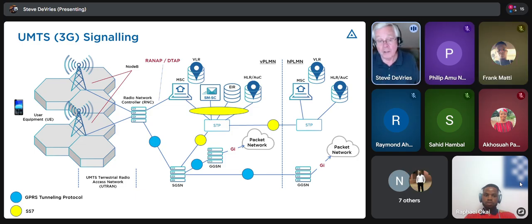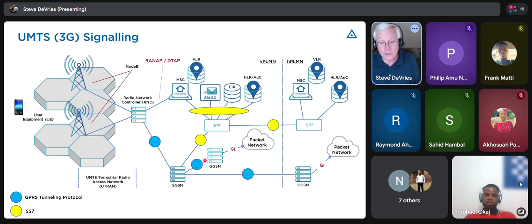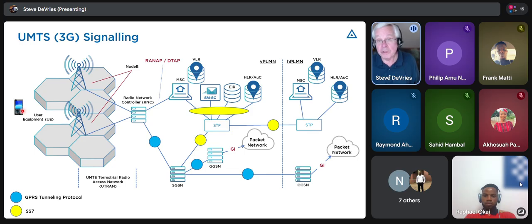And like we showed yesterday or 2 days ago, GTP, if you're in your home network, your data, if you're using it for data now, your data would go this path, would go through that GTP tunnel, that pipe, and it'll go through a GTP tunnel to this gateway device out to the packet network. If you're roaming, you could do that. But what is done in actuality is that tunnel is set up to your gateway GPRS support node, so you access your packet data in the home network.